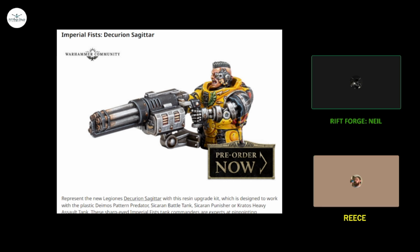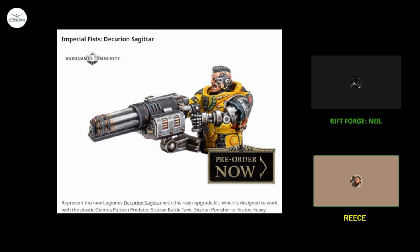But we agree the model looks okay. Yeah, I mean, it looks good. Well, I've never been a fan of bionics on non-Iron Hands. Yeah. Well, I'm not. I mean, obviously, war injuries are war injuries in the 30th millennium. But